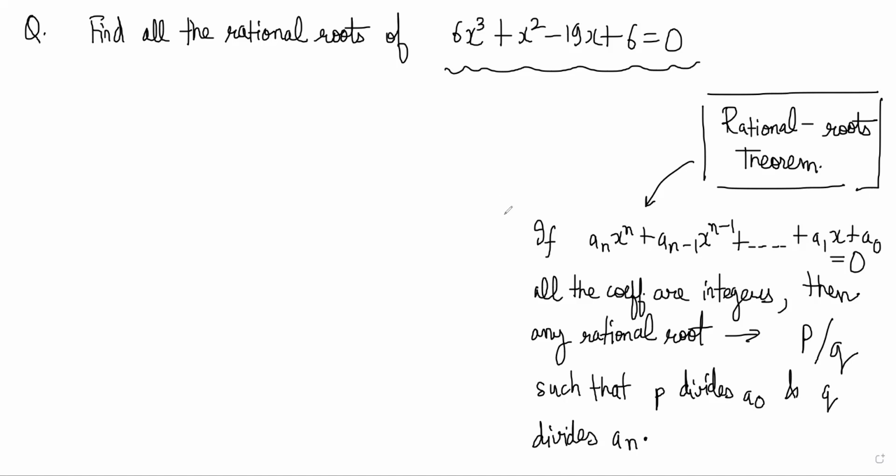So this is the theorem. You try to understand the theorem. It says if you have any polynomial with integer coefficients, then if that polynomial has a rational root, then obviously the rational number will be of the form p by q, where p and q have no common factors. And if p by q is a root, then you know that p will divide the last term, or the constant term, and q will divide the first coefficient, or the coefficient of x power n.